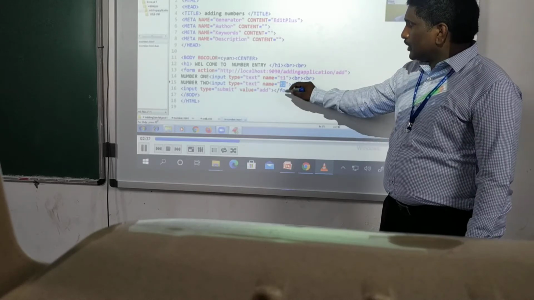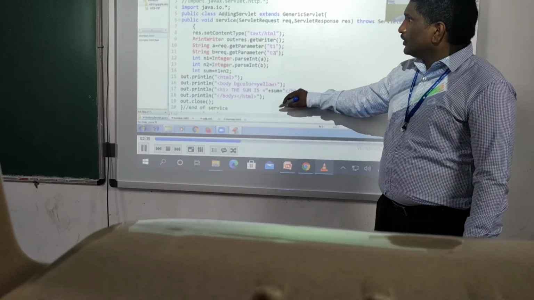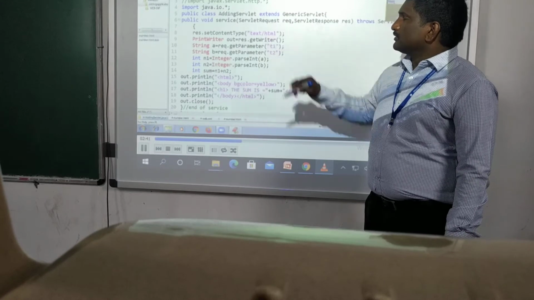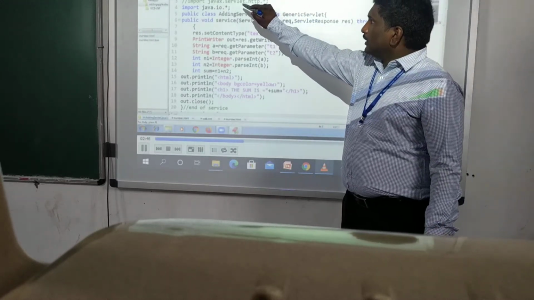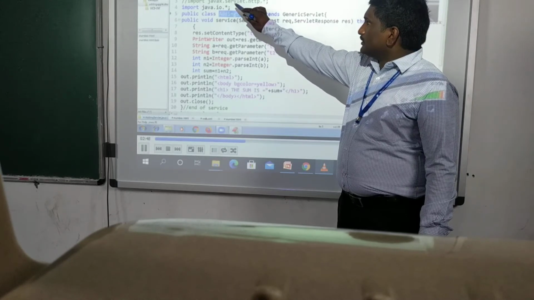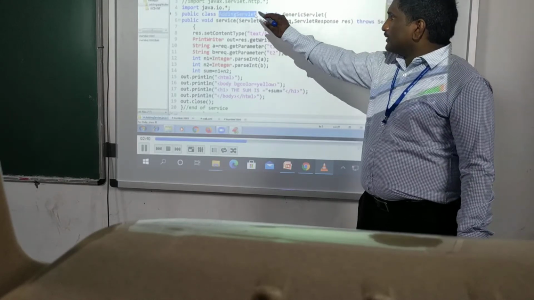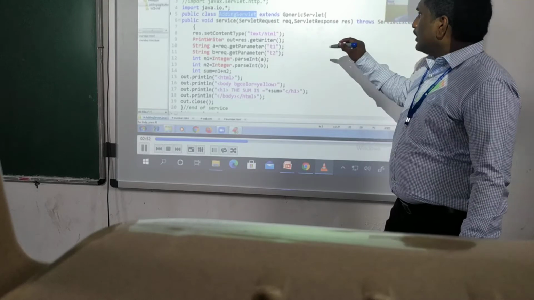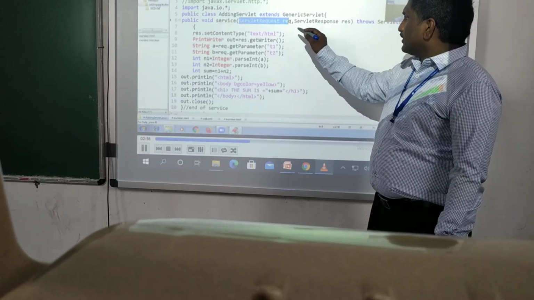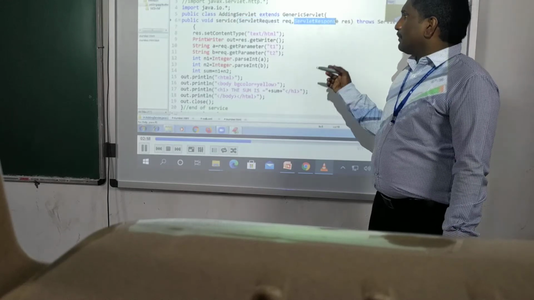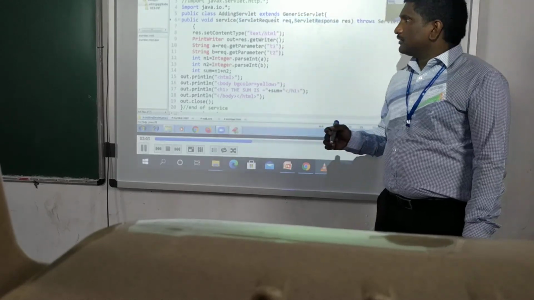After completion of number.html development, we need to develop the servlet. Here we import the packages, the servlet package, javax.servlet, and then my class name is AddingServlet, which extends GenericServlet. There are two objects, the servlet request and response objects, passed to the service method.